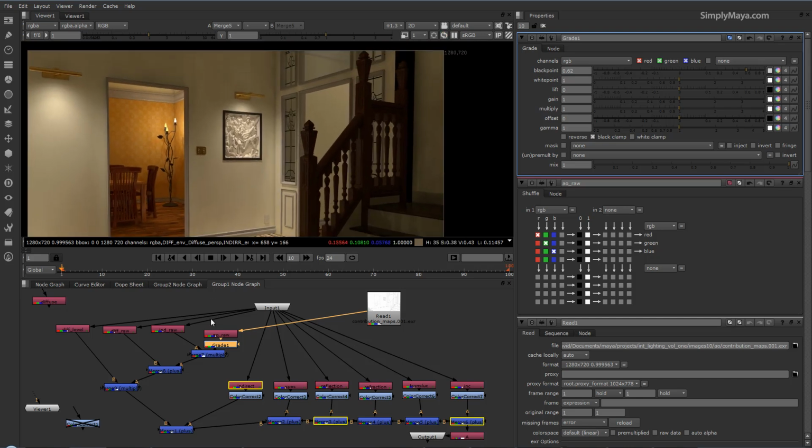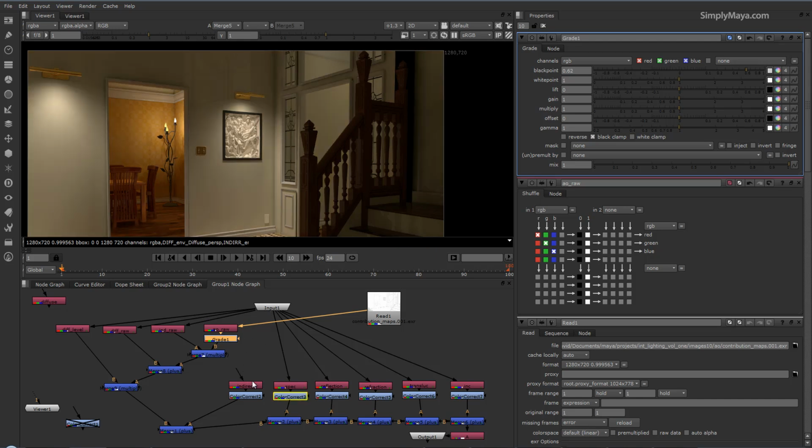So there we go. So that is some extra control over the diffuse and diffuse raw, giving you some extra control over your shadows, some extra control over the correct way to do ambient occlusion. And we should unhook this as well, by the way, this is something I forgot to mention, but the problem we have